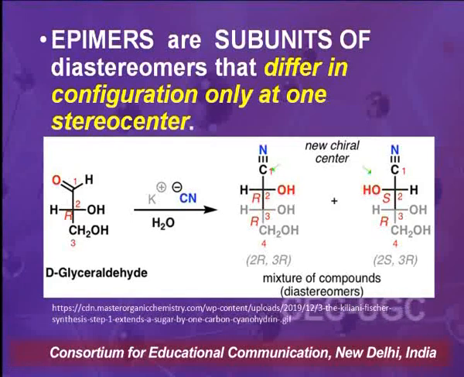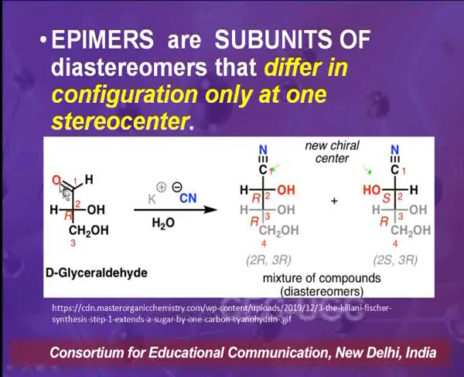Now supposing we convert this glyceraldehyde into a 4 carbon monosaccharide, that is aldotetrose. What we are going to do in that case is the Kiliani synthesis. In this, we find that the CHO group here has a double bond between carbon and oxygen, and this is a polar group, that is, carbon has a partial positive charge on it and oxygen has a partial negative charge on it.